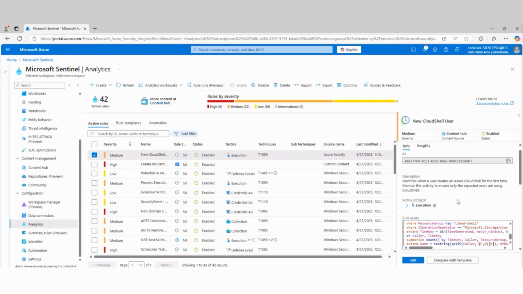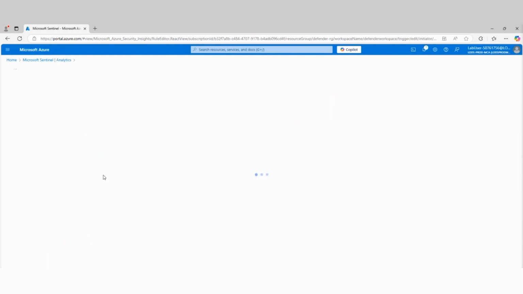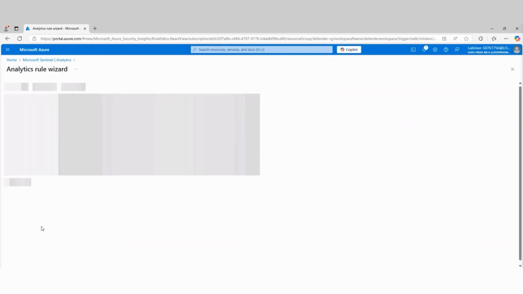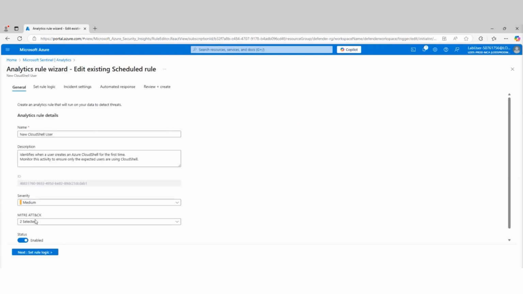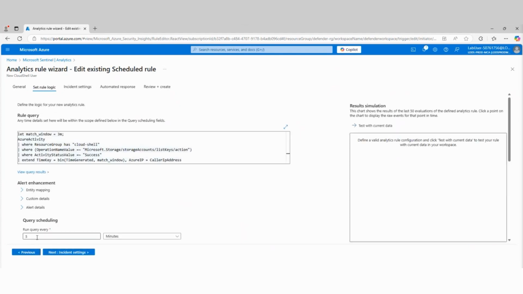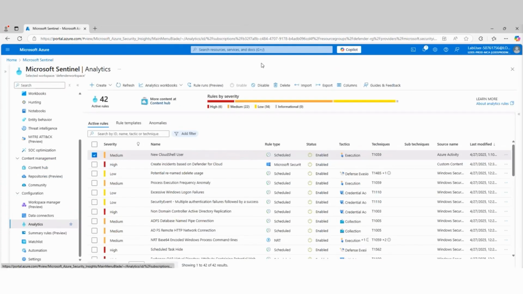It's going to pull those logs from Azure Activity and put them into our log analytics workspace, which Sentinel sees. Then, because we have our analytics rule running every 5 minutes, in about, give or take, 5 minutes, the analytics rule is going to scan the log analytics workspace.